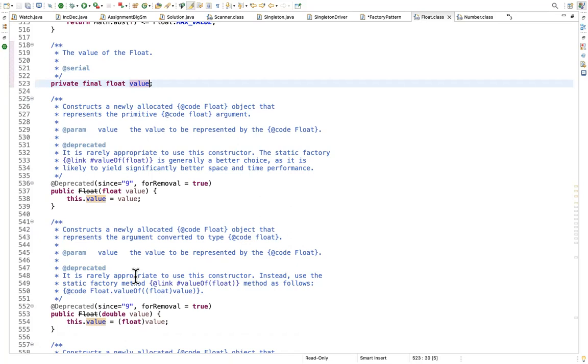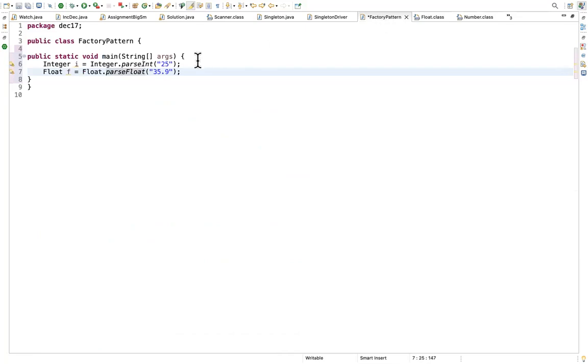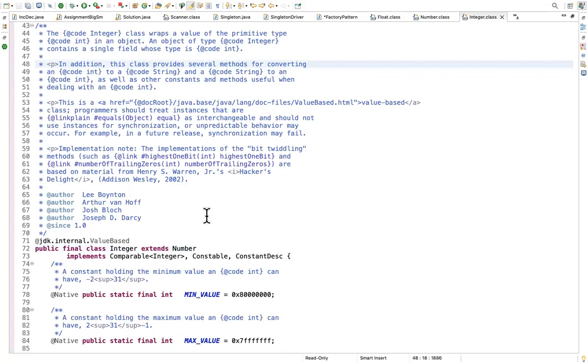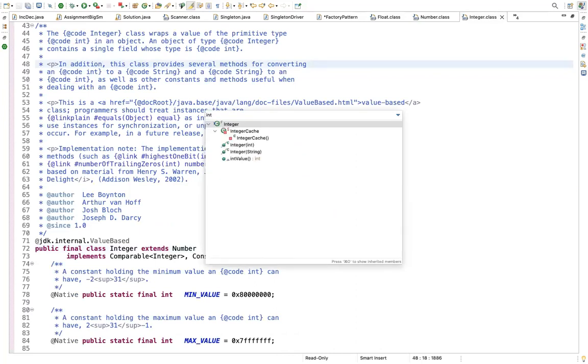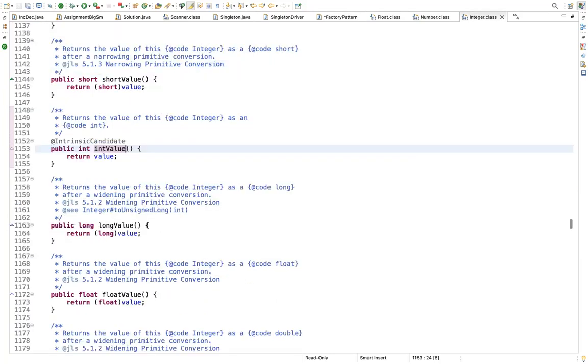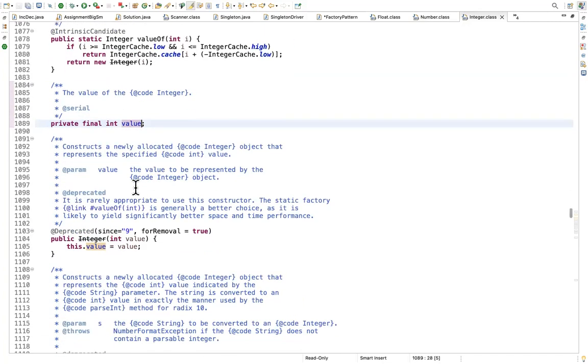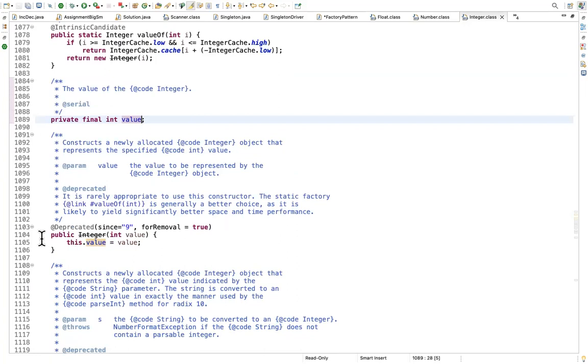Now, can we open the Integer class, Kirba? Like you already have that in the factory pattern you created, right? Can you go to that Integer class? Yeah. Now give Control and go to that intValue method. So here what happened, they're actually returning the same value, because it is... now can you go to the declaration of that value? So that is int, and at line number 1105, you can see that value is getting initialized inside a constructor.